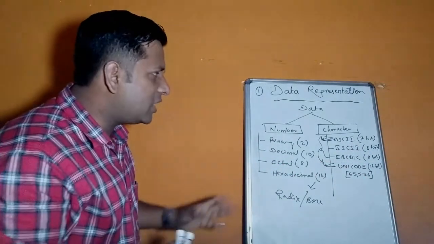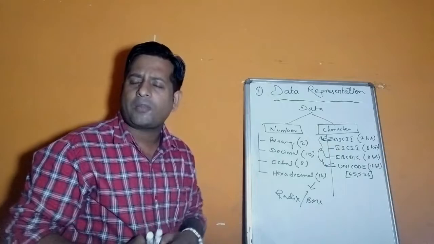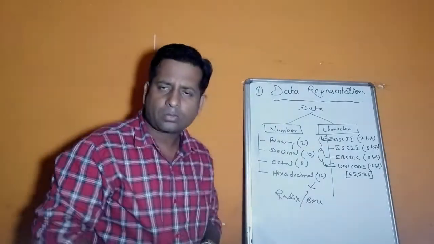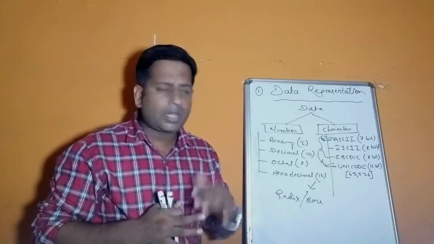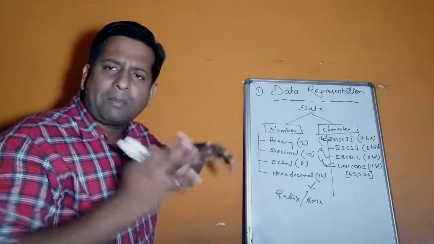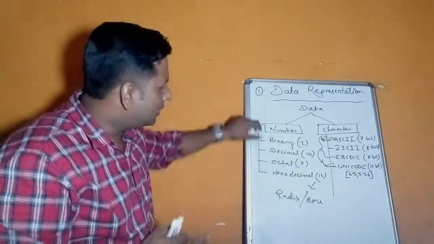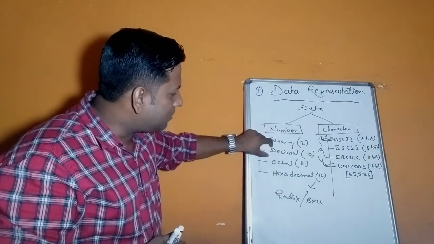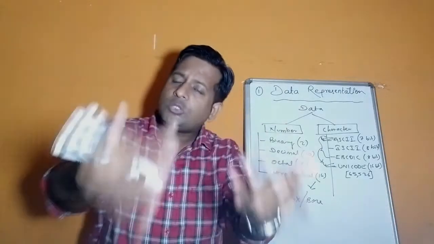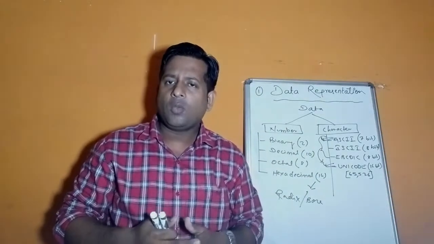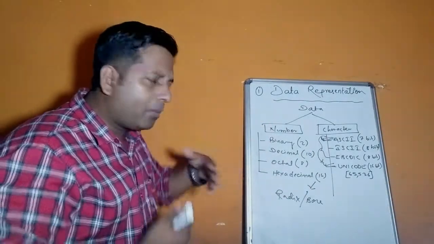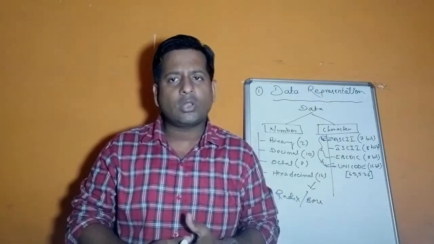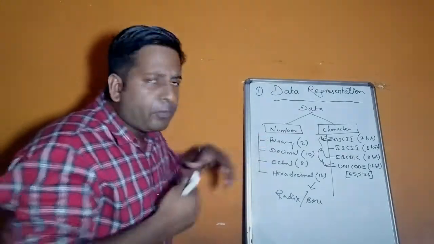So children, is this clear? How numbers and how characters are represented? Now let me show you how we can convert. Now what exactly is a conversion? See, the machine, the computer, follows only binary language. That means decimal, octal, hexadecimal, we need to convert. We need to make the computer understand in machine language only, binary language only. Then only the machine will process that.